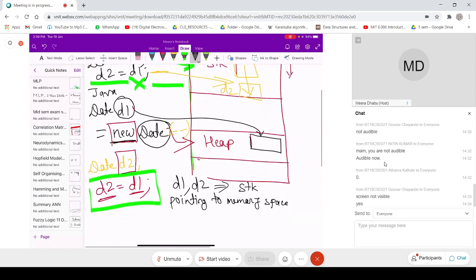Because of this, when I say D2 is equal to D1, the address present in D1 is getting copied into D2. So after this, D1 will also point to the same location on the heap.